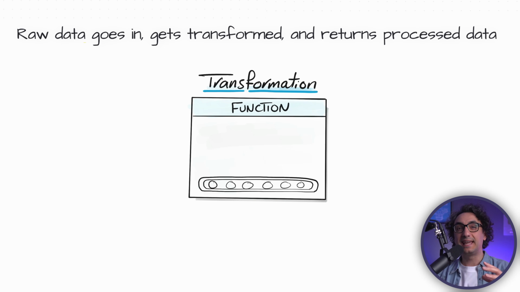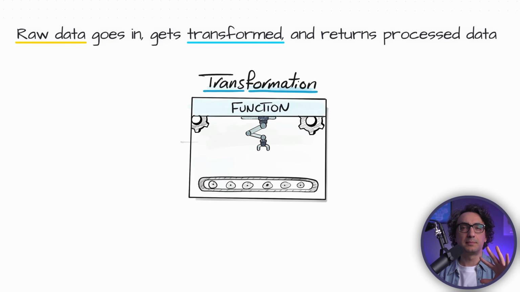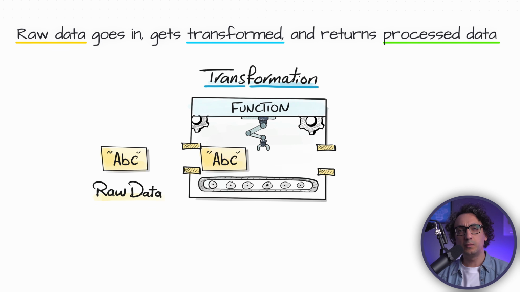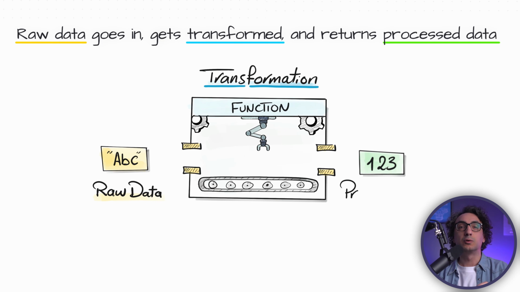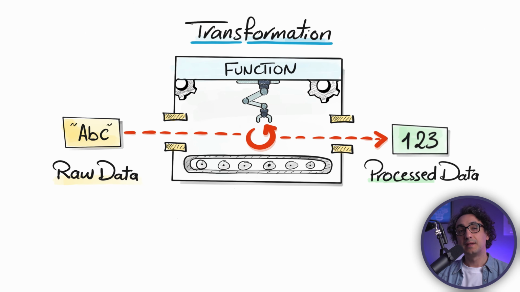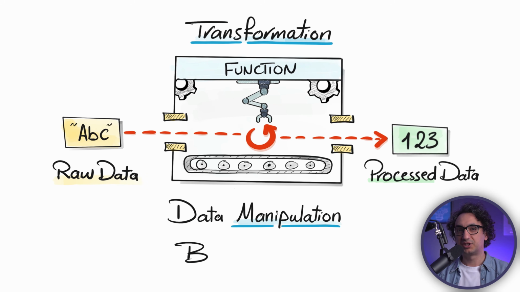Moving on to another type by purpose, we have the transformation functions. We already saw that previously. It is a function that takes raw data as an input, then it does some transformations and data manipulations on it, and at the end it returns a new value with a new shape. And now, of course, about the transformations, we could do a lot of things, like calculating new values, transforming a text or structure, converting from one format to another, extracting or reshaping the data. So our logic could be anything that manipulate our data. So it's not about like changing the system or like interacting with something outside the function. It's all about changing the shape of your data.